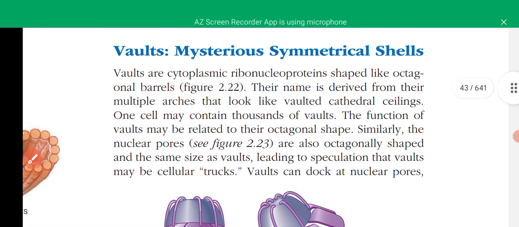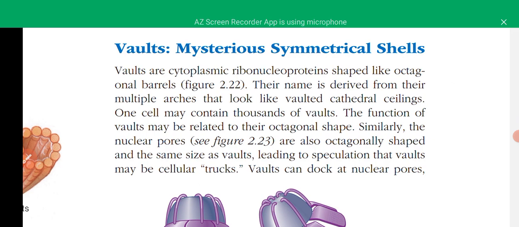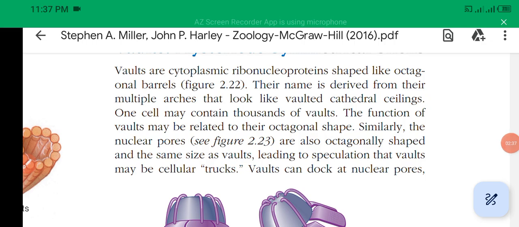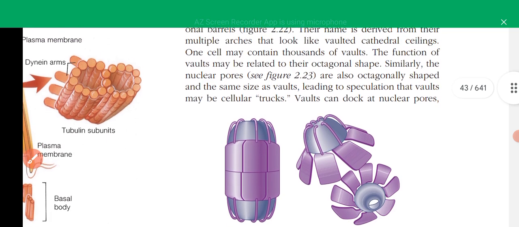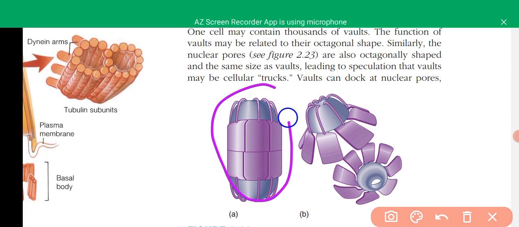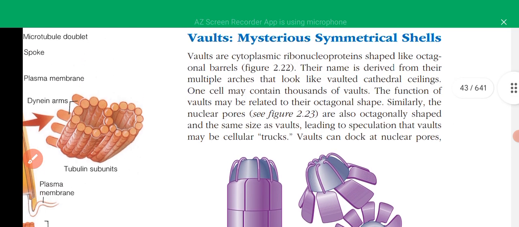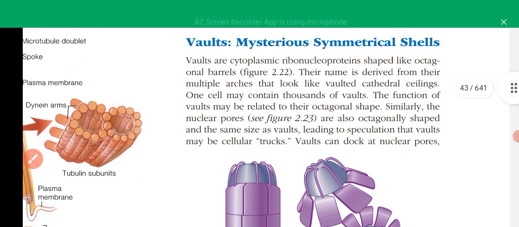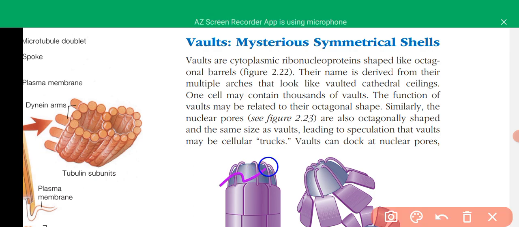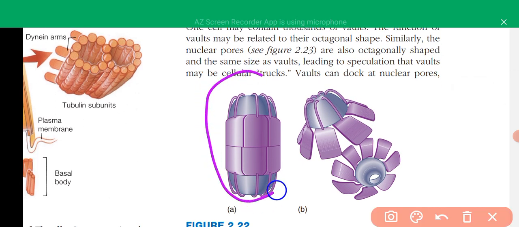They are mysterious symmetrical organelles. They are like cathedral vaults, octagonal organelles that consist of 8-sided rings. Their shape is similar to cathedral ceilings, and this octagonal organelle has special functions. Maybe it is used to transport substances from the cell nucleus to the outside of the cell, because their shape is similar to that of nuclear pores, so they can pass through the nuclear pores